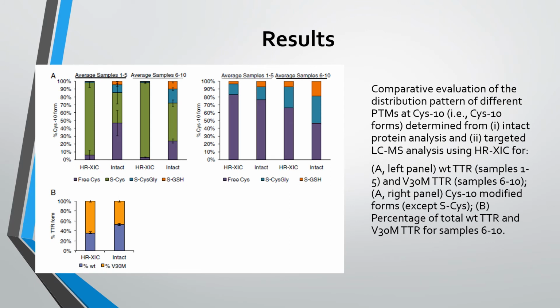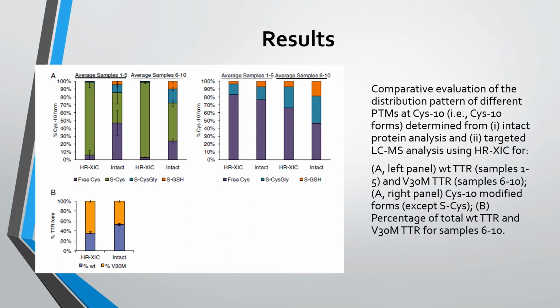Based on intact protein analysis and the targeted LCMS high-resolution extracted ion chromatogram approach, the study comparatively evaluated the proportion of different cysteine forms of post-translational modifications at cysteine of TTR. From the intact protein analysis, free cysteine, S-cysteine glycine, and glutathione fractions are found to be more abundant in both wild-type and mutant TTR compared to the